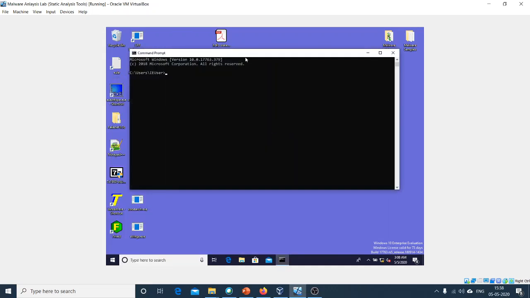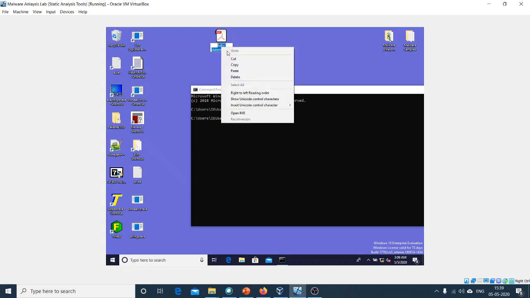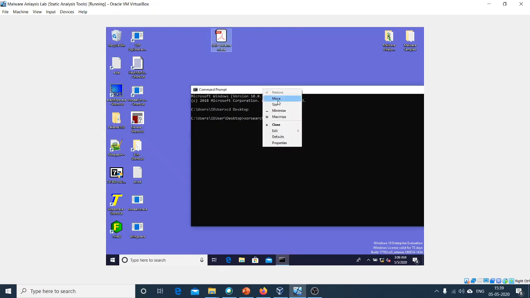Opening my command prompt. Since all the files, my malicious file and every tool, are present on my desktop, I am getting into the desktop. So here I am giving the keyword XR search, space. Here I am going to give my malicious file name. I'm copying my name,